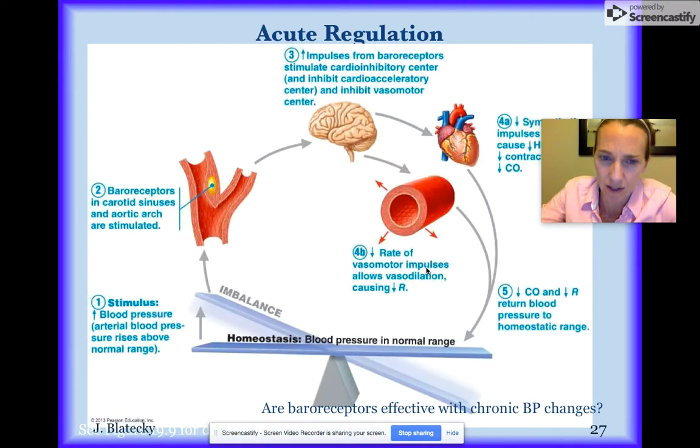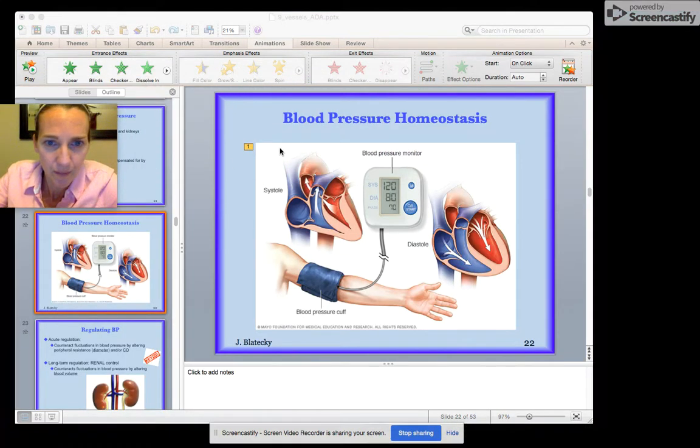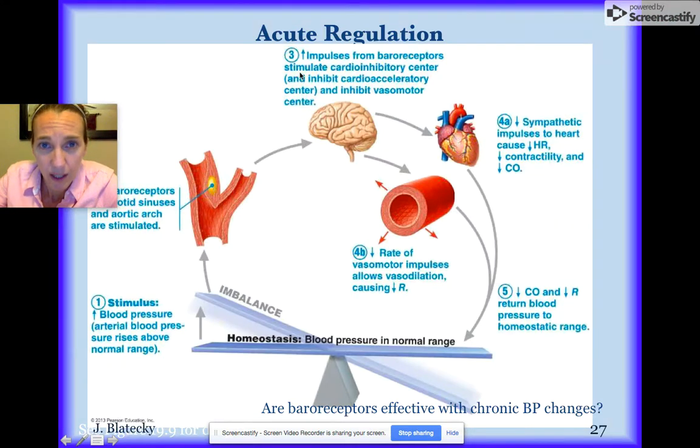So putting it all together, it looks like this. If the first thing that happens is blood pressure increases, our baroreceptors are going to pick up on that. They're highlighting those carotid sinuses and the aortic arch here. That's going to communicate to the medulla, and then here you see that we are going to slide this over here. We're going to stimulate the